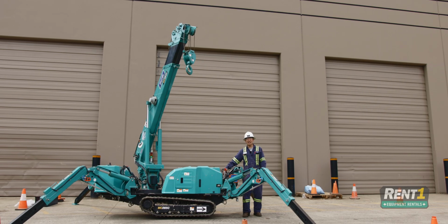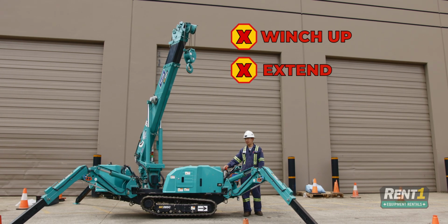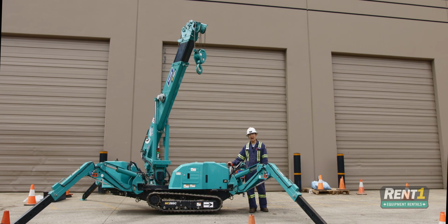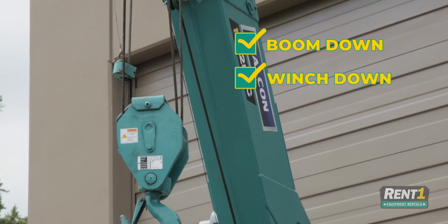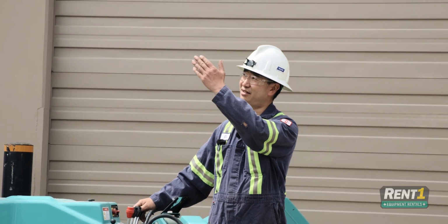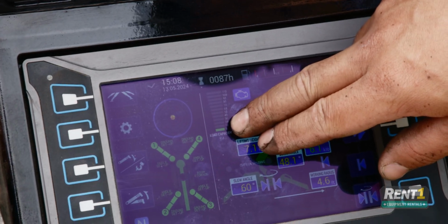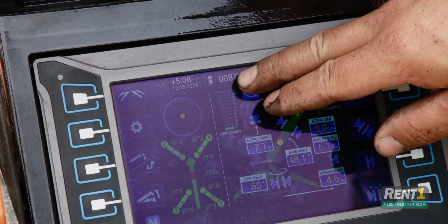the unit will not let you winch up, extend, or boom up. The unit will allow you to boom down, winch down, and retract. As soon as you are out of the 2 block position, you will have all your functions back again. If you notice your load capacity running up to the top and everything is cut out, that